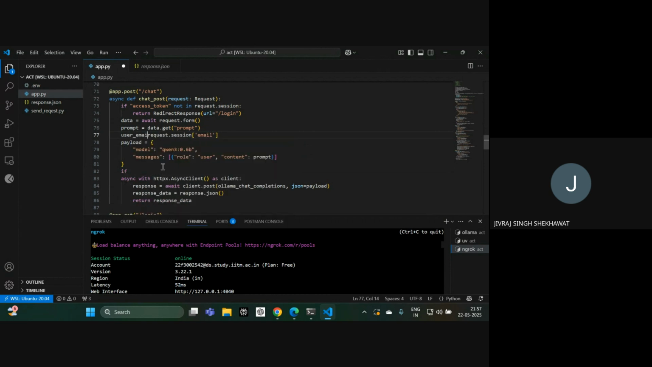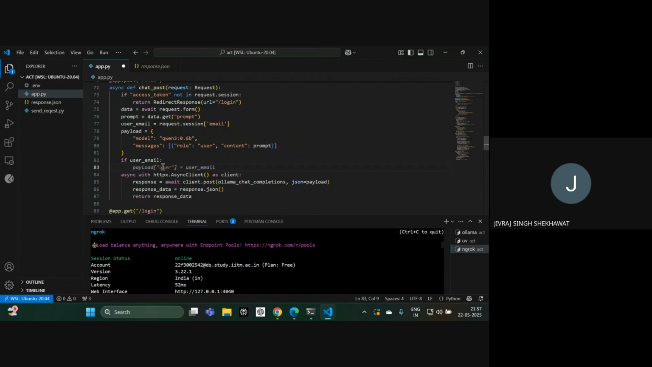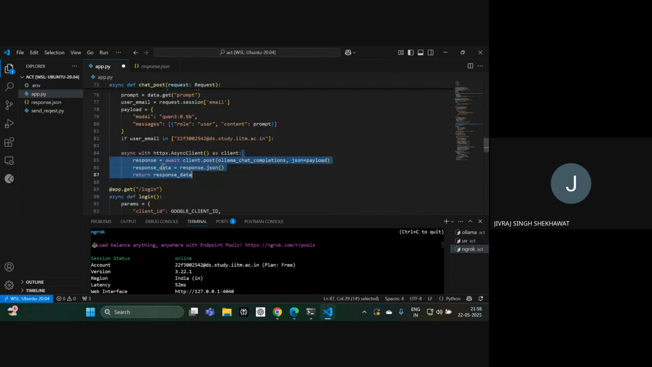So this is your email, and then user email in, and let us say I have a list of allowed users who can use my application. Right now I'm just putting my email address. So if I'm logged in using my email address, then only I will be able to use it. Now let's add somebody else as well. Bhuvan,